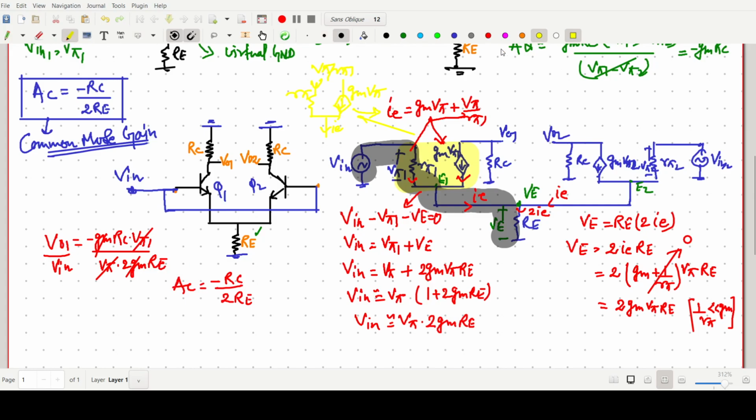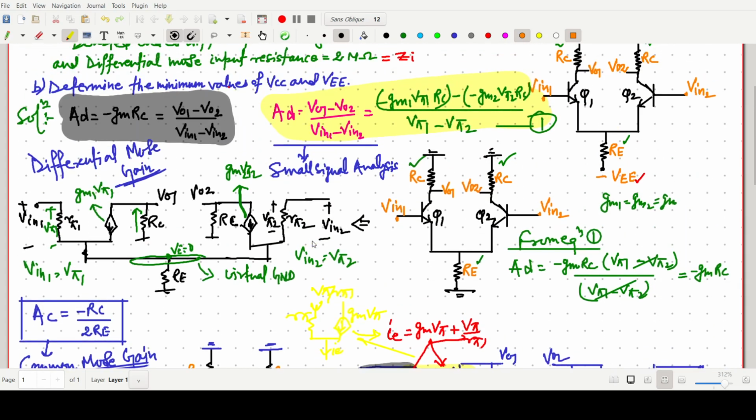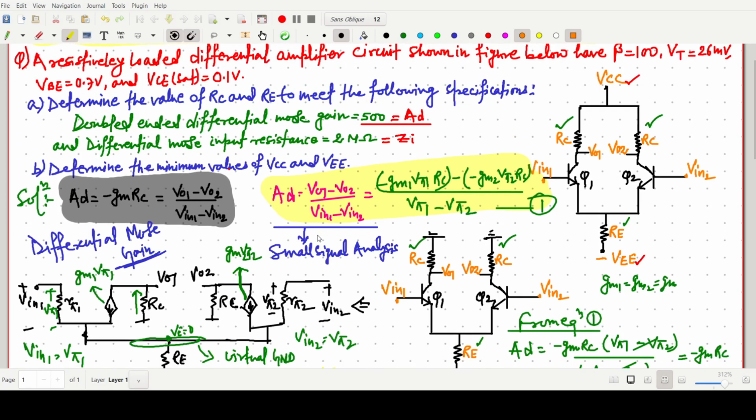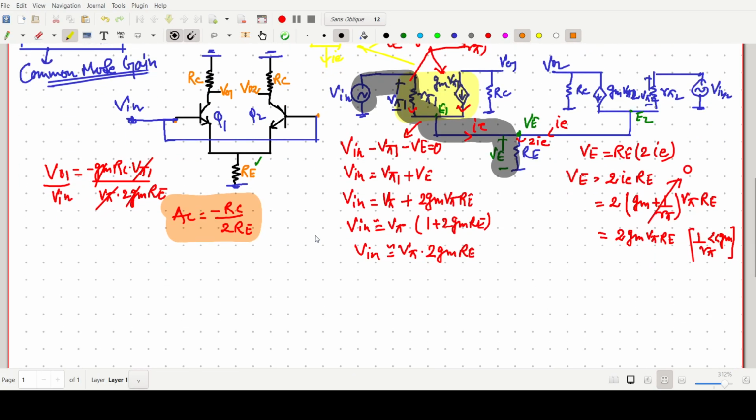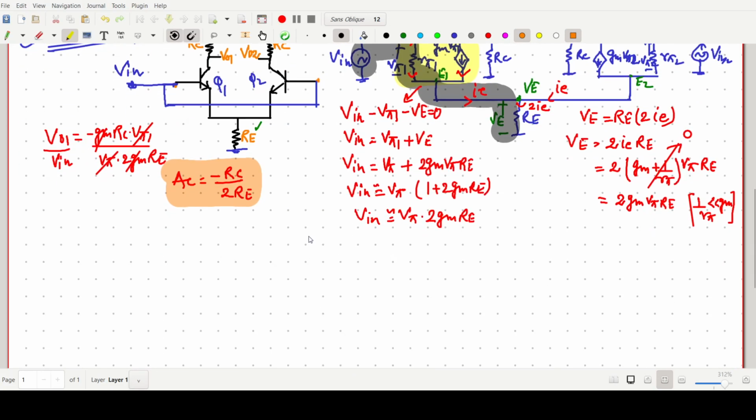So this one is a very important formula, we can say. I have already proved it, but basically in the numerical it came in GATE 1992. So this one is also important. So I have done all these things. Now there is one more formula, CMRR, which I am just writing: that is our AD, differential gain, by common mode gain. Now we have to go for the numerical part. Theory part is almost over. Now in the question it is given